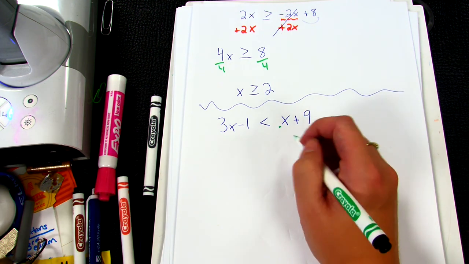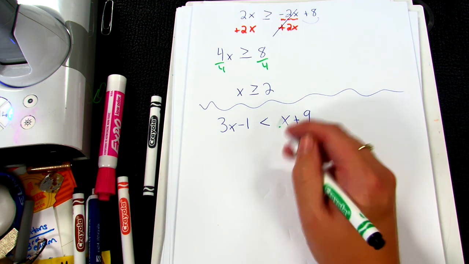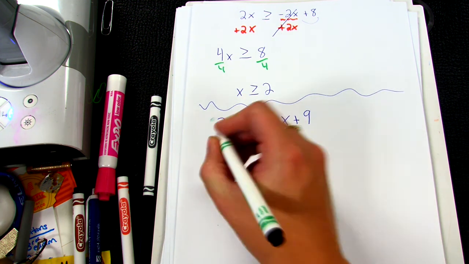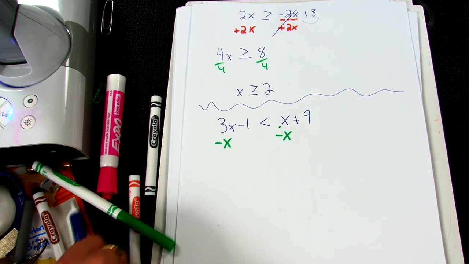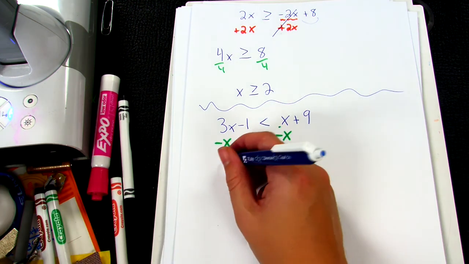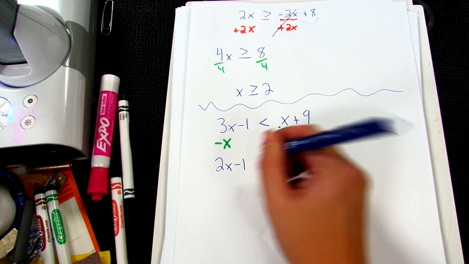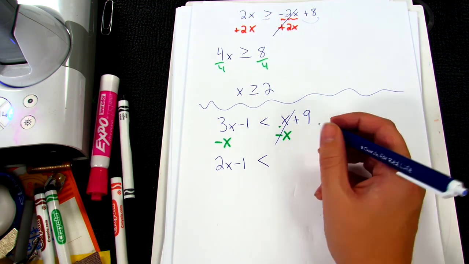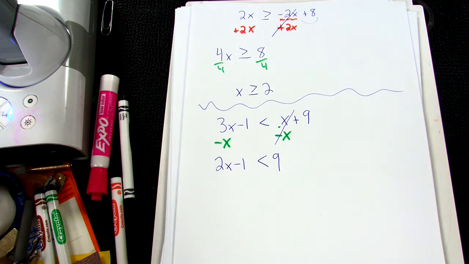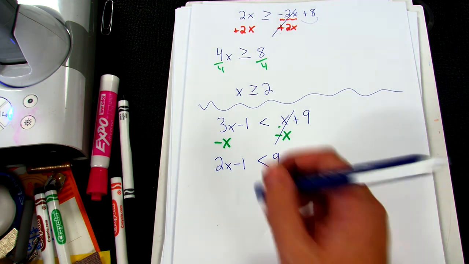So to do the inverse of a positive x, a plus x, I'm going to subtract x from both sides, leaving me on the left-hand side 2x minus 1. I bring down my less than, leaving me just a positive 9, a 9 on the right-hand side. Now I'm going to solve. This has become a two-step, so I'm going to take care of my